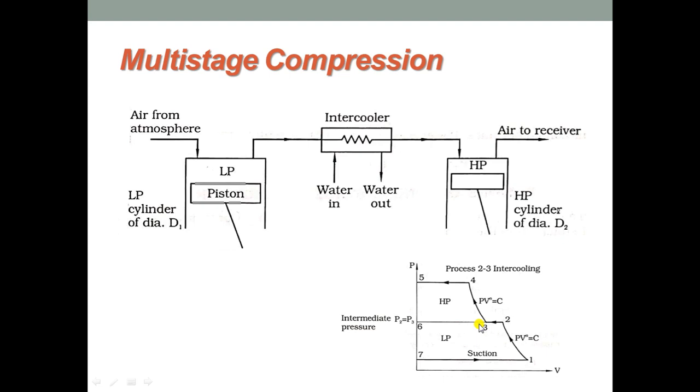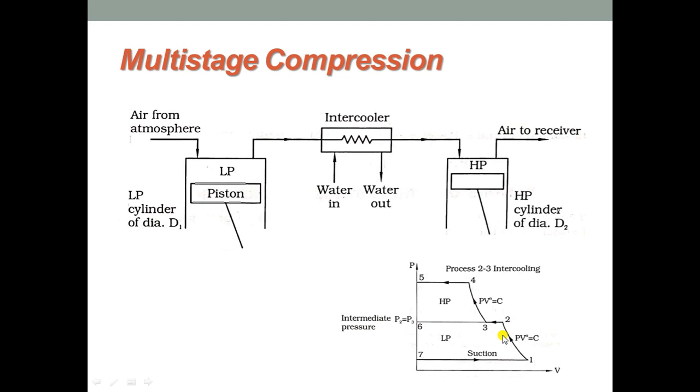Intercooling is called perfect when temperature at inlet to the subsequent stages of compression is reduced to ambient temperature. Figure shows multi-stage, that is two-stage intercooled compression. Intercooling between two stages causes temperature drop from 3 to 2', so that you can observe in the PV diagram, and compression from 1, 2', 3'. Thus, intercooling offers reduced work requirement by the amount shown by the area 2, 3, 4, this area on PV diagram.